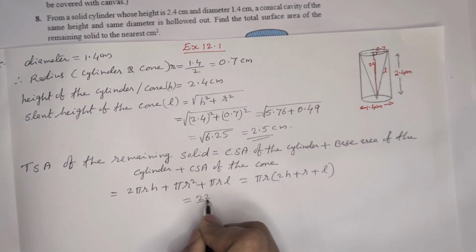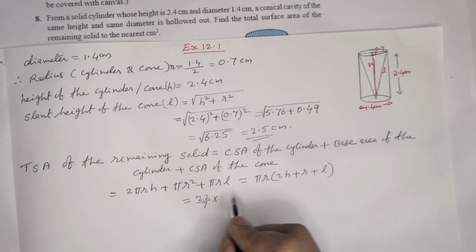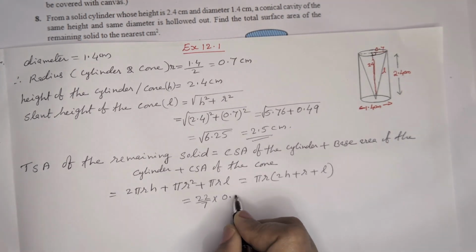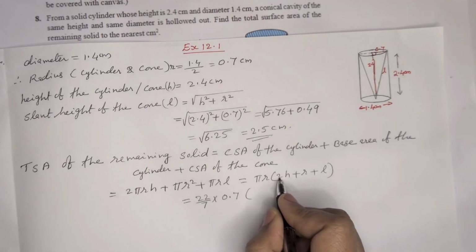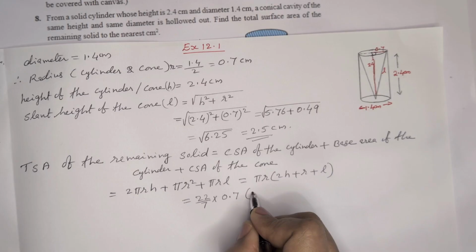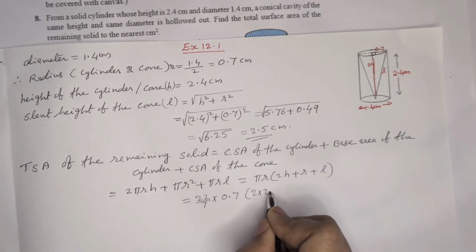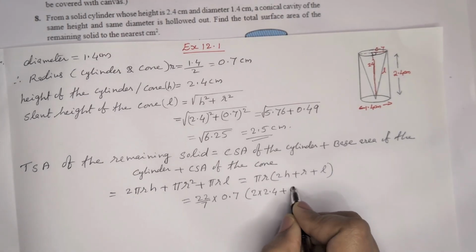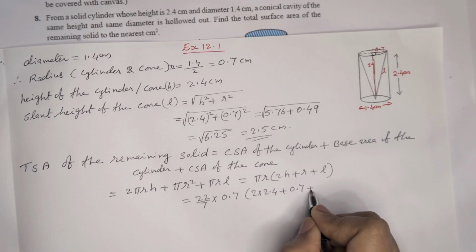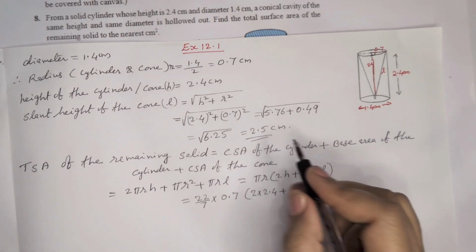Pi is 22 by 7, radius is 0.7, in bracket 2 into h, 2 into 2.4, plus radius is 0.7 plus L, slant height now we got, that is 2.5,